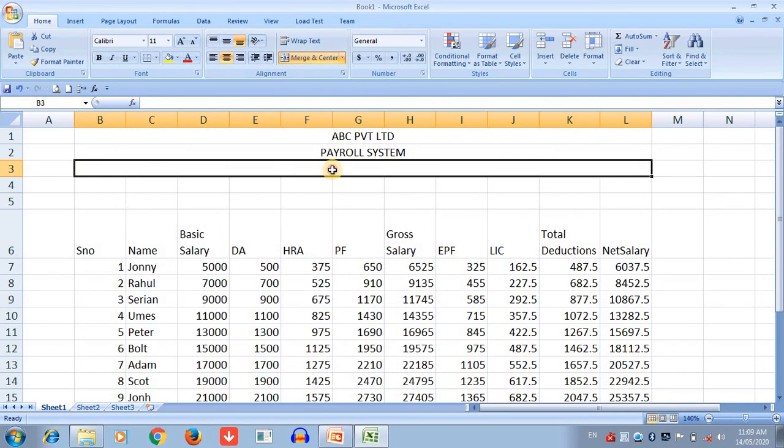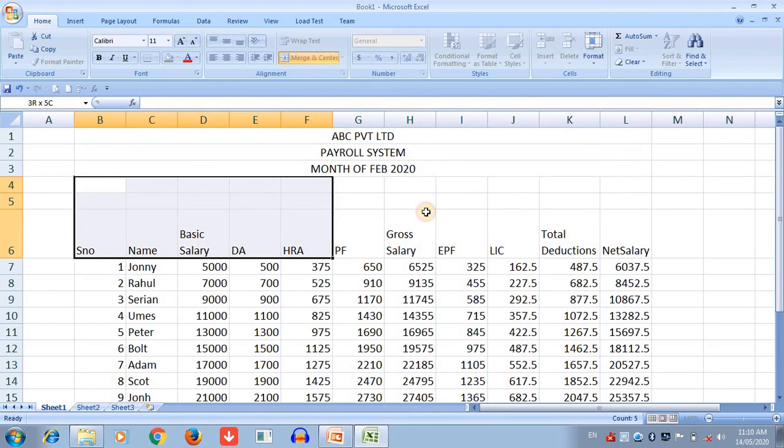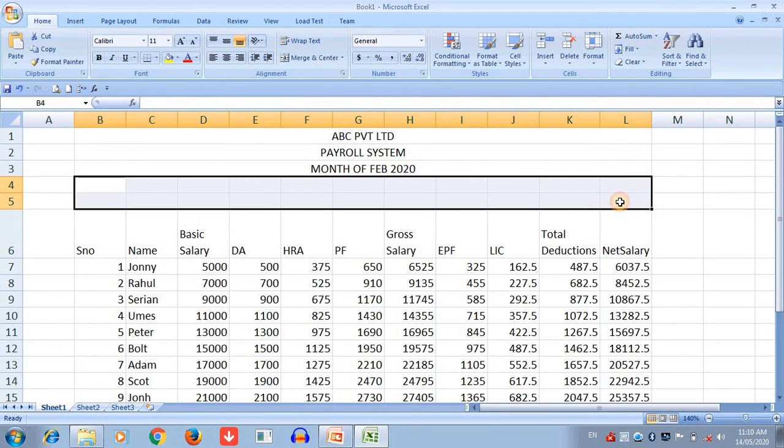Merge and center. Month of February 2020. Okay. And both columns also merged here. This particular cell we can use as a note.